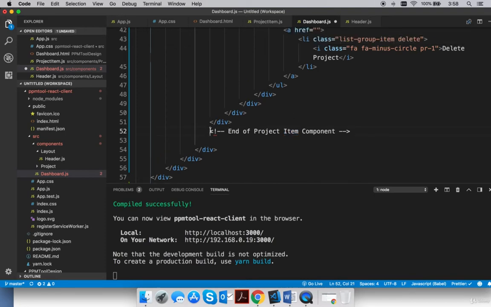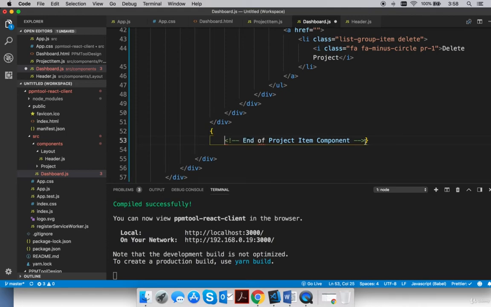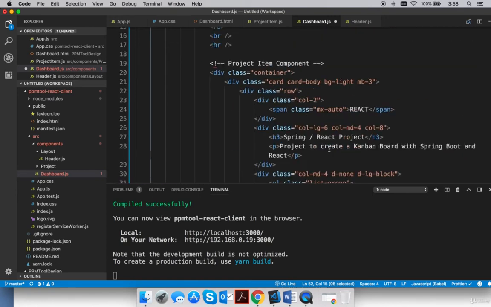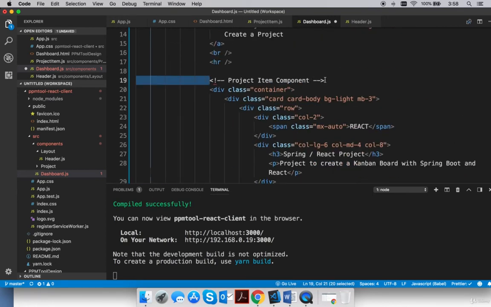Now, if you want the comments here, your option is to wrap the comments in curly braces. And then, of course, it cannot be in line. It has to be on a different line. And that way, you can actually add JavaScript comments, right? If you want to keep this, which might come in handy. Why not? I'm just going to keep this because we actually have to extract this code as well, and that way we won't get lost in this